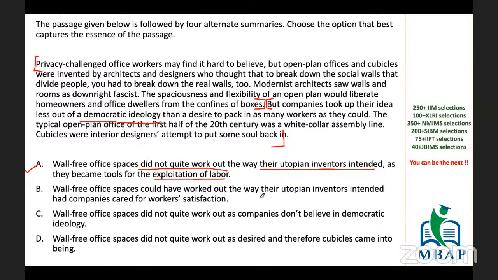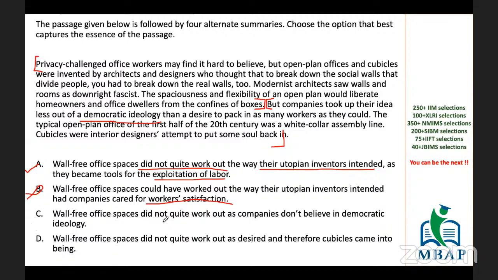First of all, I need to mention what the purpose was. Okay, we are already saying that it didn't work, and we are basically missing the point of exploitation. There's a fine line between them. So if I don't have any better option with me, then I would have gone for this. But here I have a better, more elaborated, more appropriate and more signified answer. So that's why I'm eliminating this.